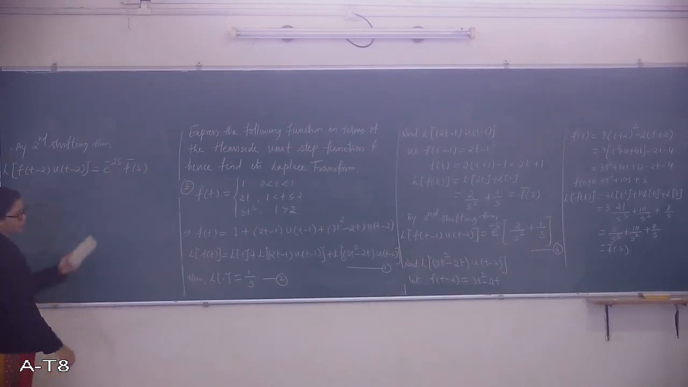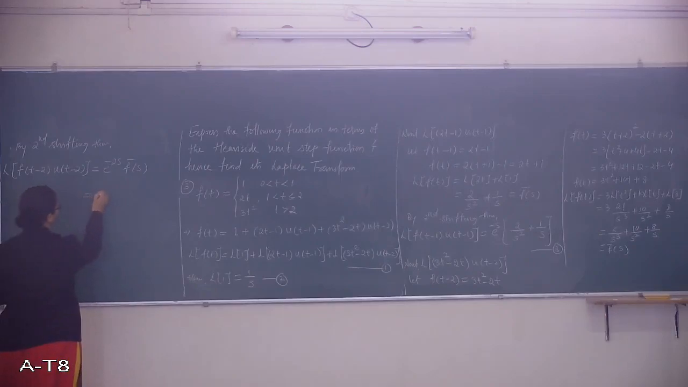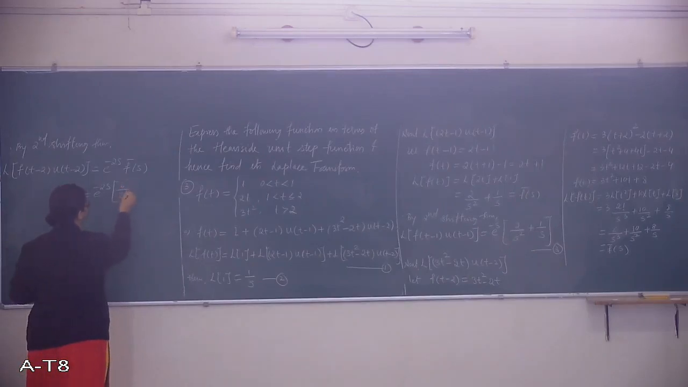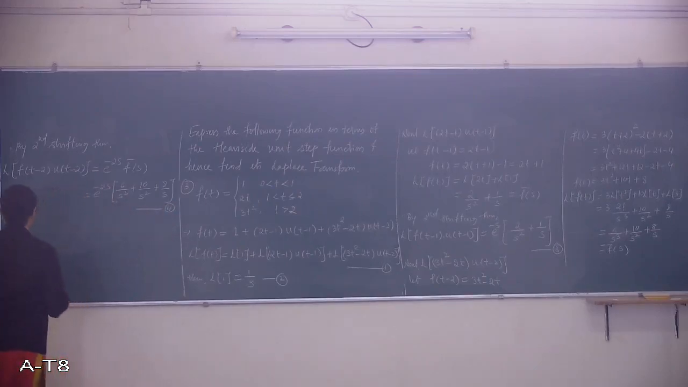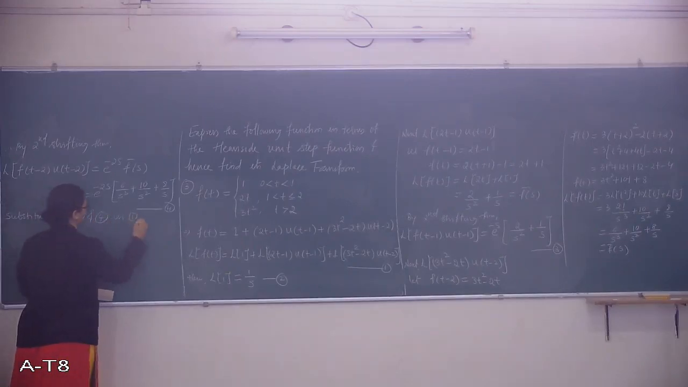Correct? Now what is f bar of s value? So here we substitute. It is e to the power minus 2s into the bracket, f bar of s is 6 upon s cube plus 10 by s square plus 8 by s. Okay, so I call this as result 4. Now substitute results 2, 3 and 4 in 1. We get